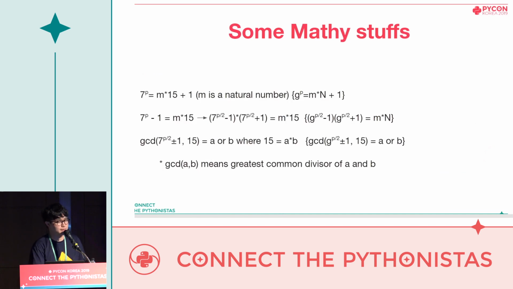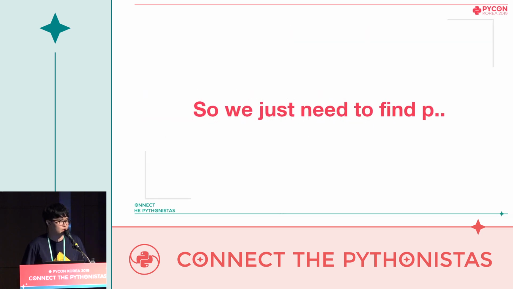And before we go to our next step, we need to go over some maths. One marvelous thing is there is a natural number that, when used as a power of g, which in this example is 7, has a remainder of 1 when divided by n, which is 15 in this case. And with this information, we can do something very interesting. Just like what the second line in the slide is showing, we can move the remainder plus 1 from the right-hand side to the left-hand side. And then we are able to factor into two parts, which means we can find out A and B by finding the greatest common divisor of the factorized number and the number n. So all we need to find is a power p.